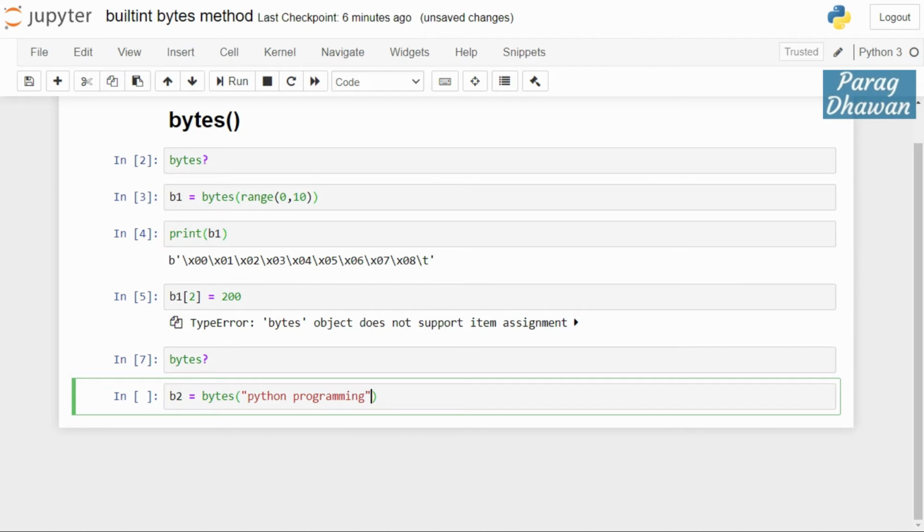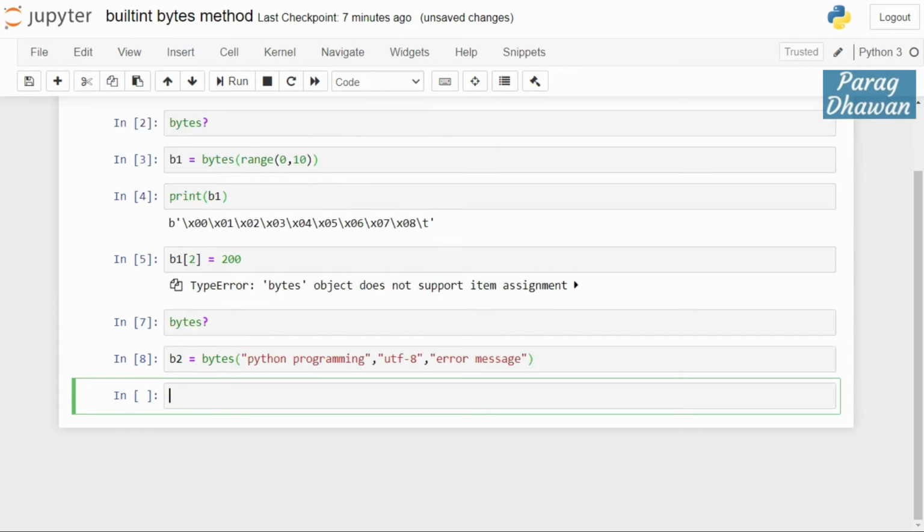It will cover all the characters between 0 and 152 in UTF-8 encoding, and if there is an encoding error, then an error message should be displayed. So this third parameter is optional in the case of a string. We created a byte array in b2. We can print the byte array b2.